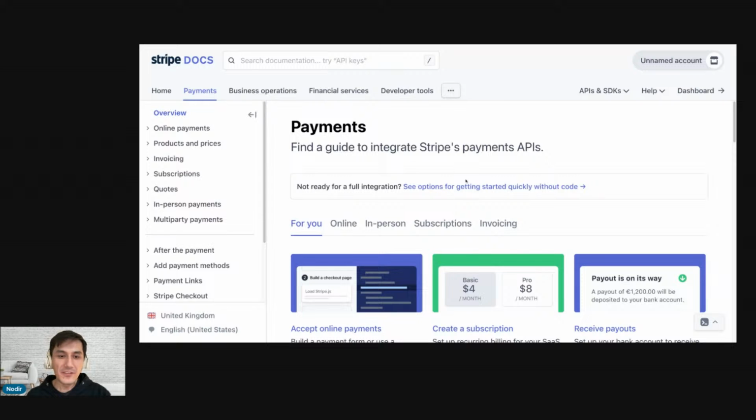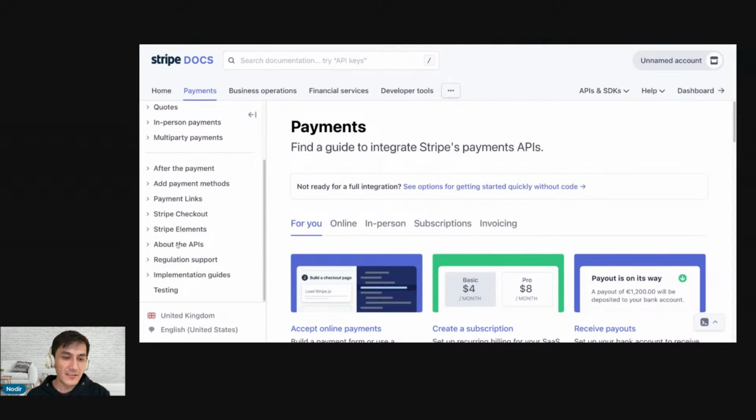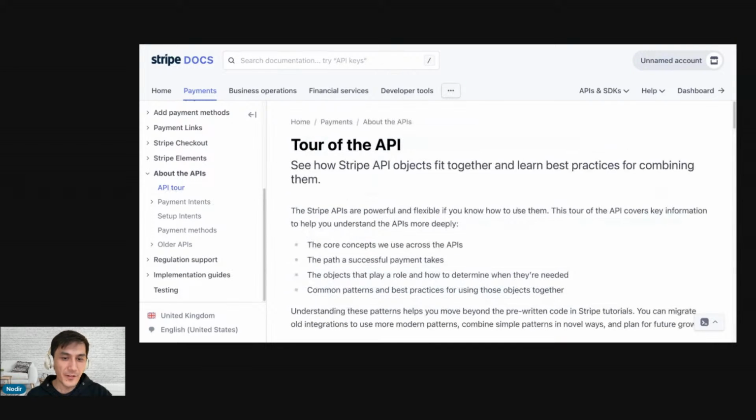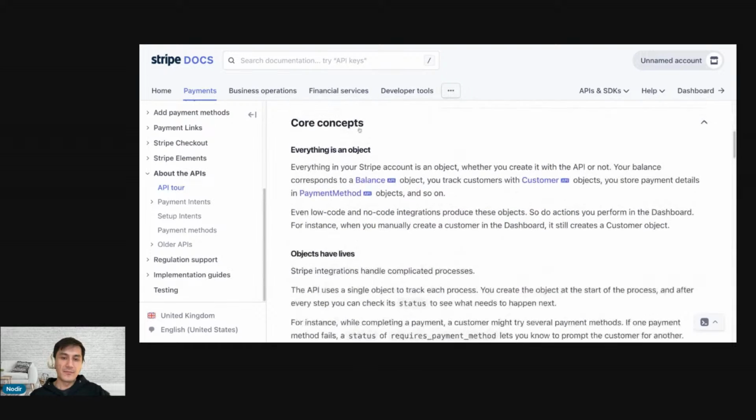So if you go to the payment section of Stripe Docs, there's a section about APIs. Go to API tour, and then core concepts. This explains what the Stripe API is all about, right? It says everything in your Stripe account is an object. We've just created a Stripe account, right? So from the developers' point of view,